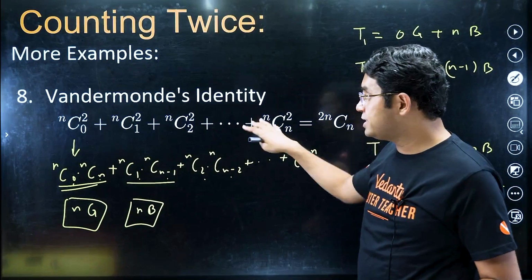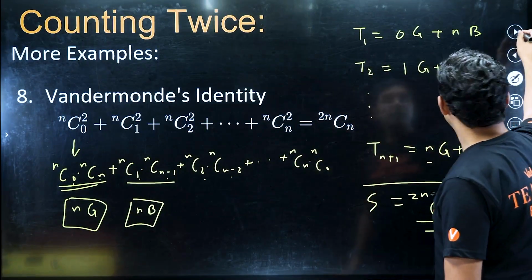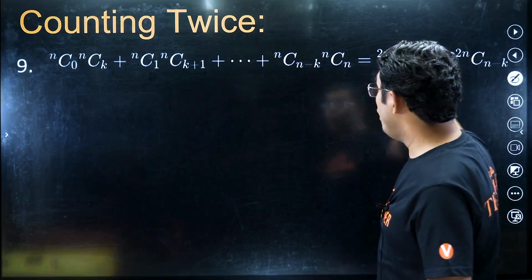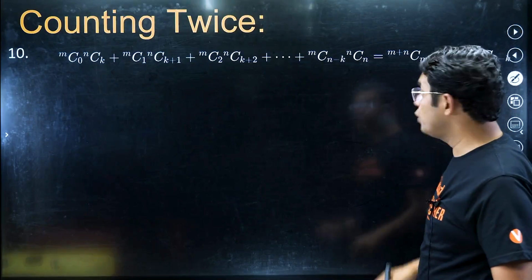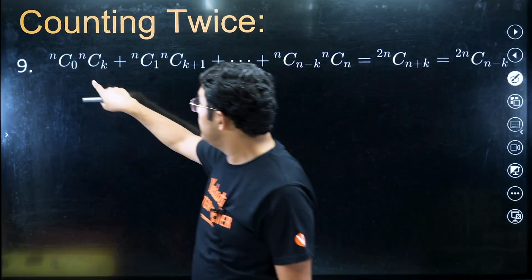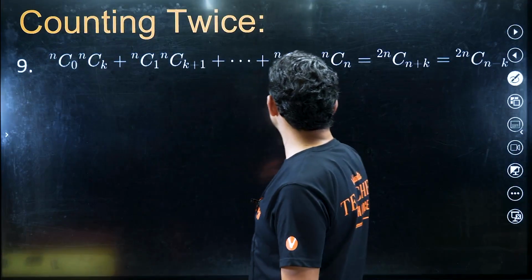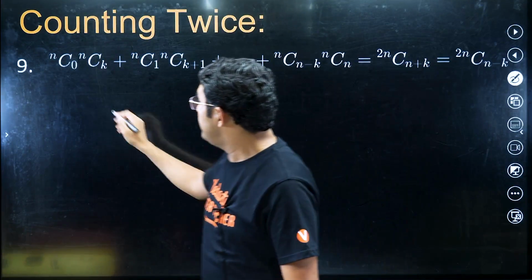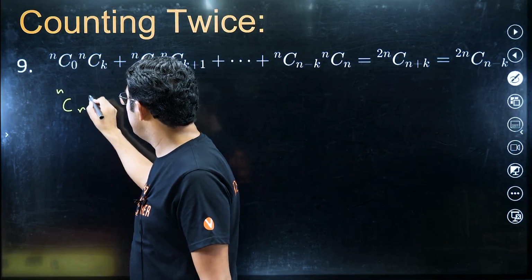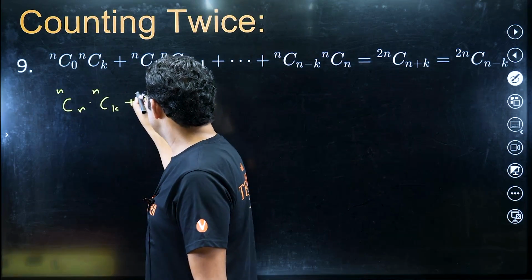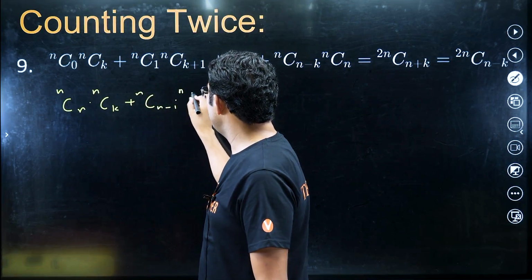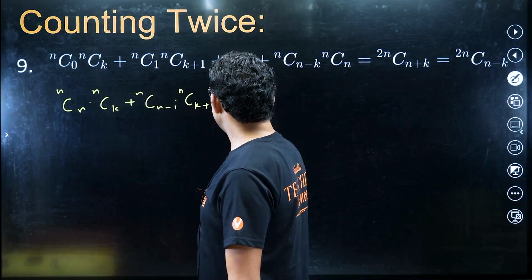There has been use of this identity in many questions. In fact, a more general thing is this. And after this, one more identity I'll show you. In this case, what is happening? They are not same. Their differences are same. 0, k, 1, k plus 1, n minus k, n, and so on. But I can write this as nCn, nCk. This would be nCn minus 1 into nCk plus 1. If I write this way,